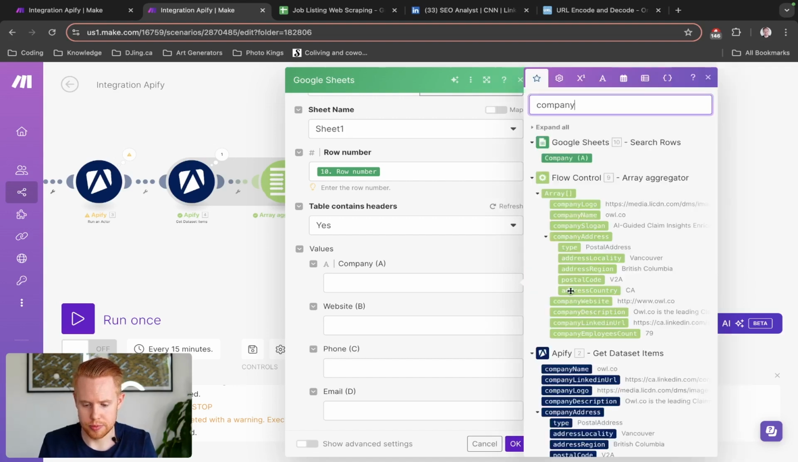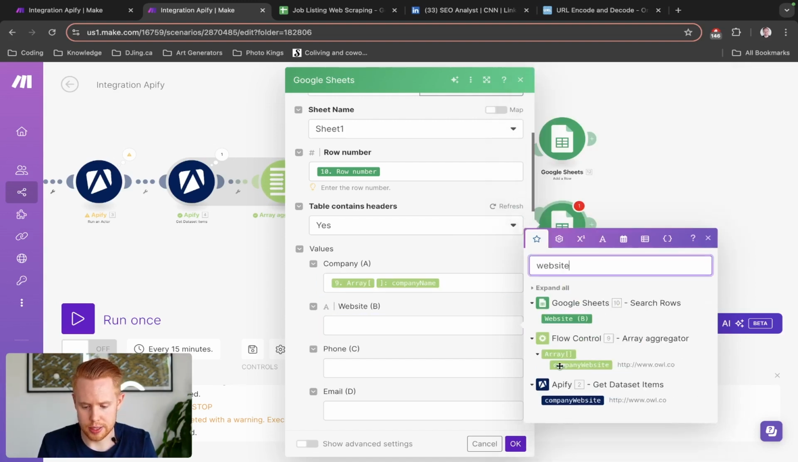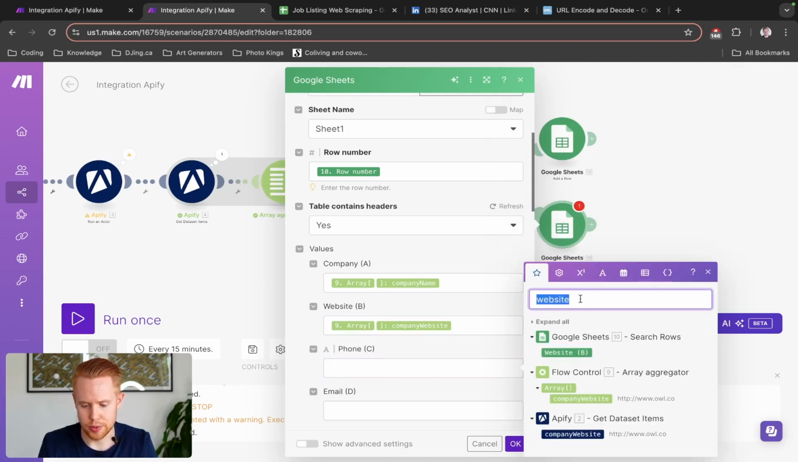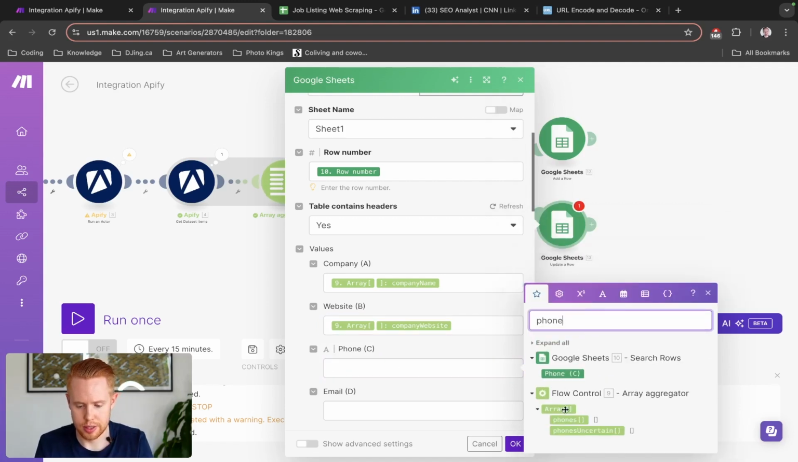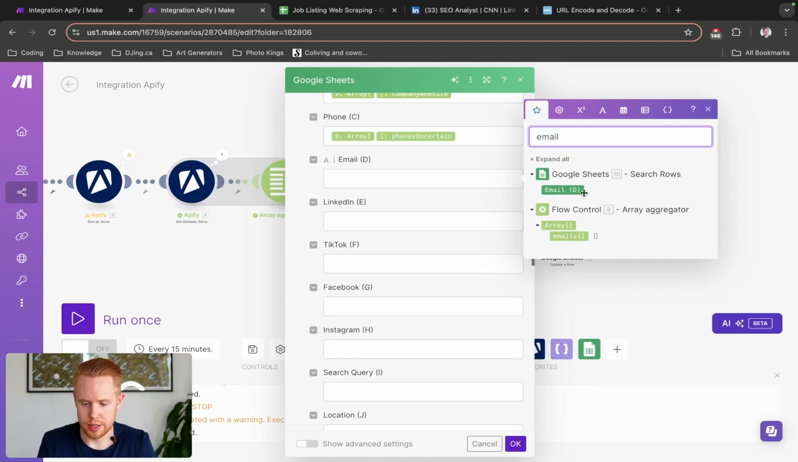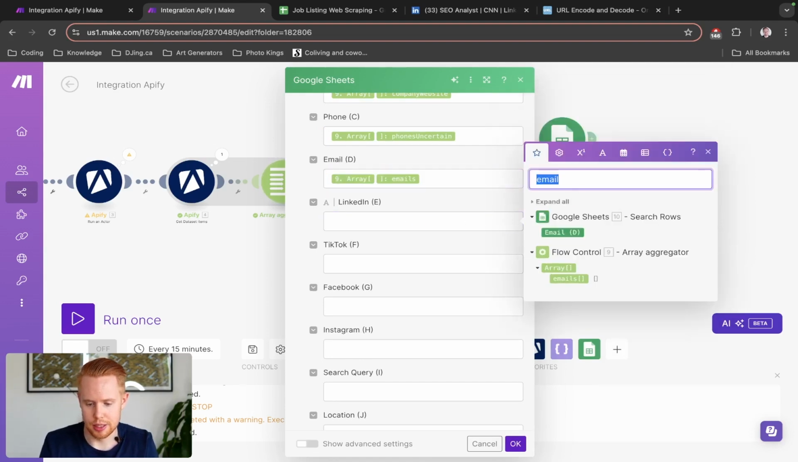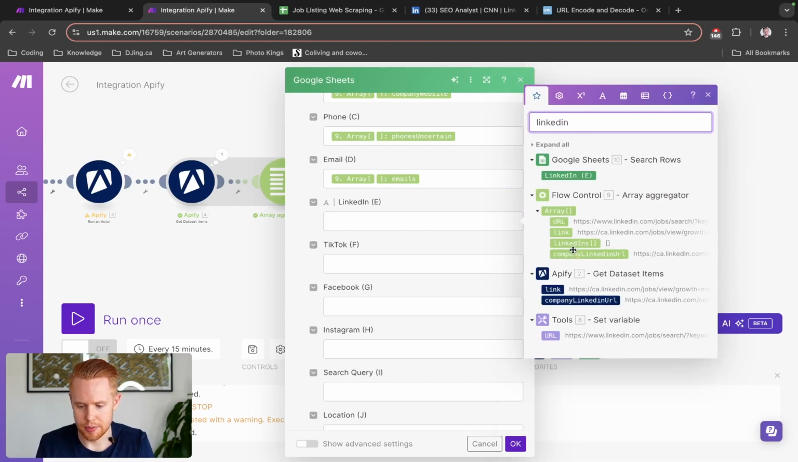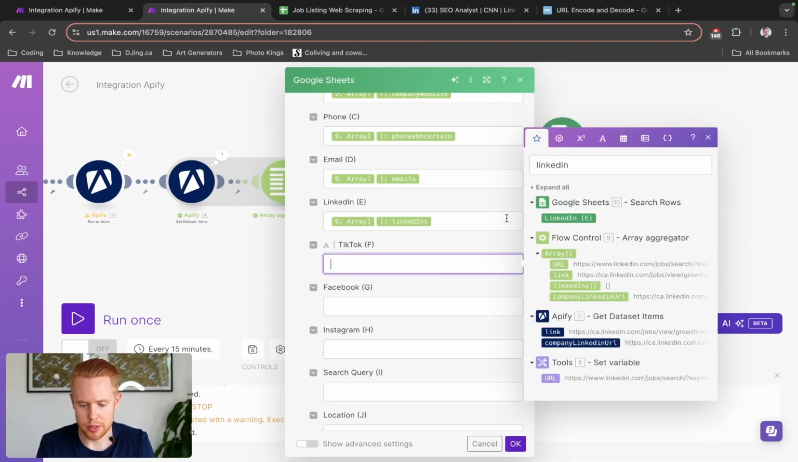Company is al.co. Website is company website. Phone is phone uncertain. And then email is emails here. And LinkedIn is LinkedIn. And there's just one more step, guys, that we have to do after this, which is